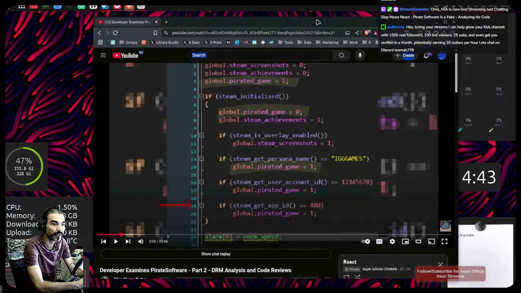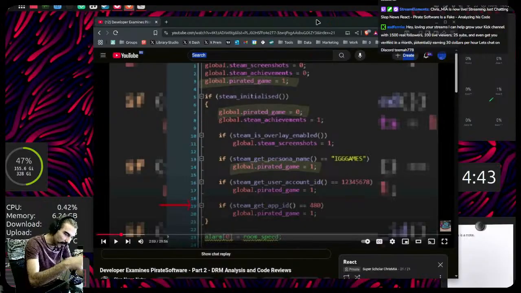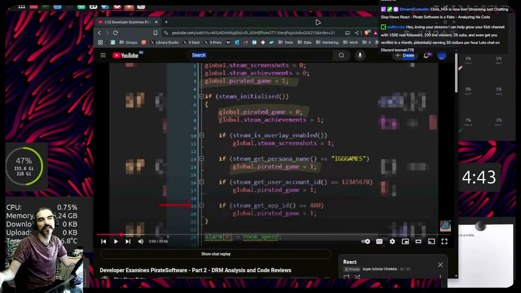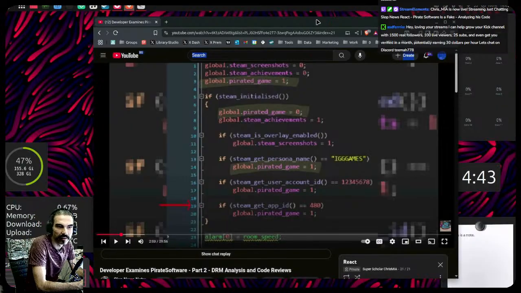Now, maybe they can do it once a month. Maybe you launch it every month and once a month it checks and verifies. Honestly, if you verify it once, twice, three times, four times, you don't have to keep doing it over and over. You basically just say, he's been playing the same version that's been downloaded from Steam. The Steam API can verify that. And then it can say, why do I have to keep checking when I know this computer ID connected to this account has been verified 20 times? He's got a legit copy. End of story. The DRM can have a lifespan just to double check, and then at some point it just turns itself off.